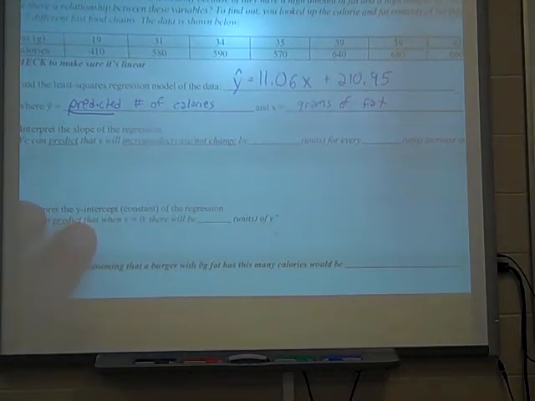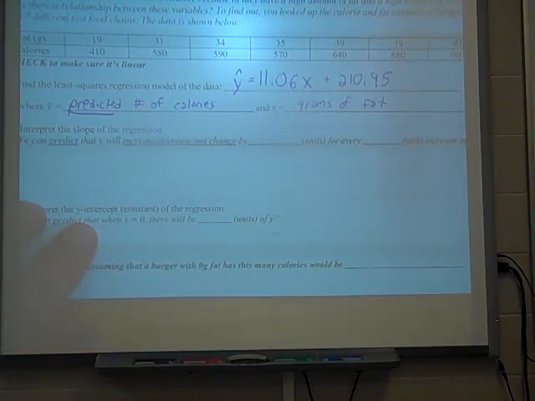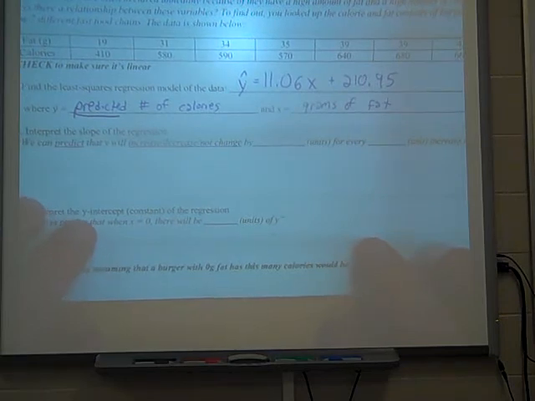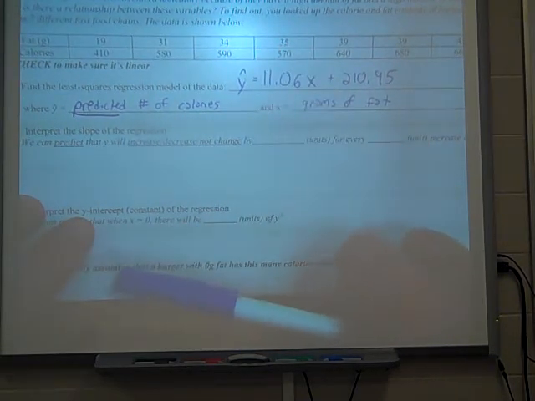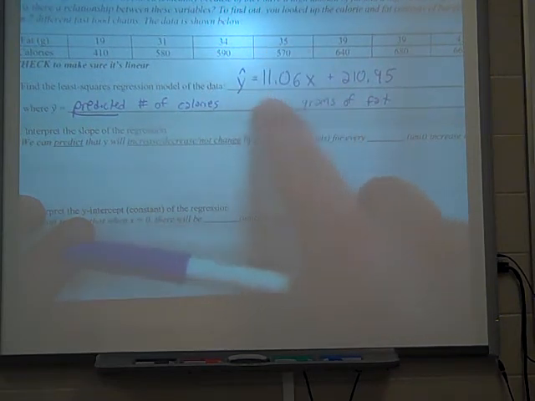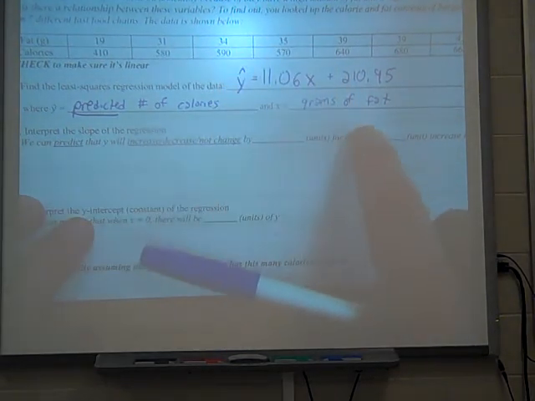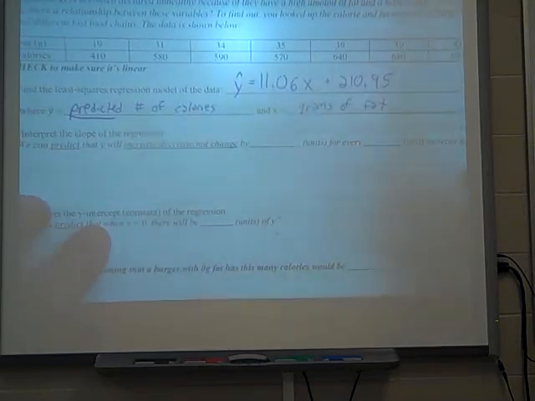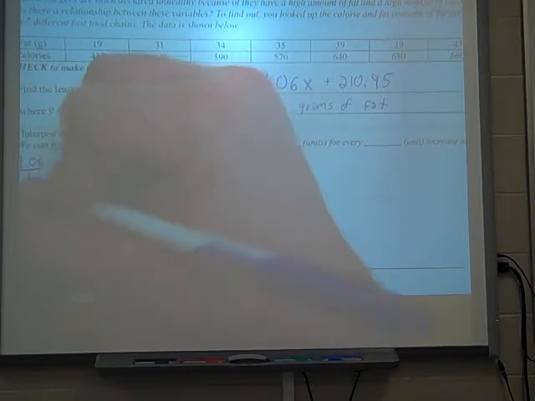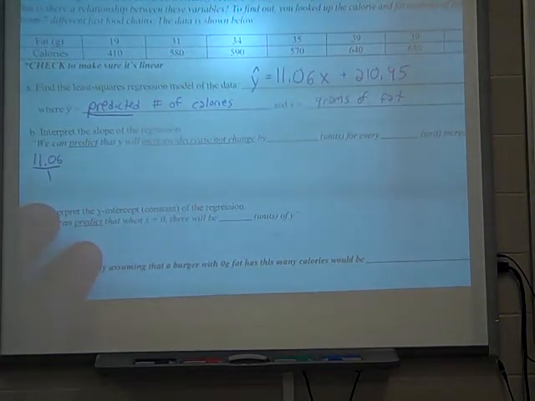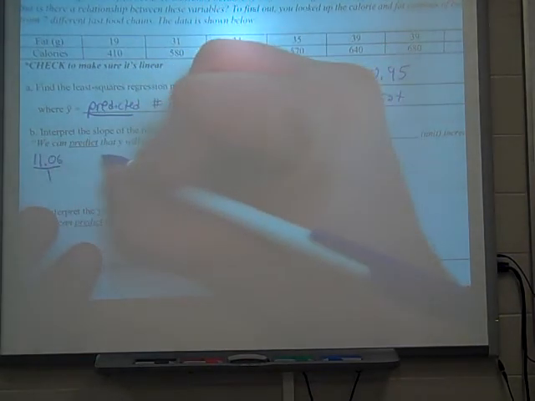So now interpreting the slope. Remember, slope's 11.06, right? So the format you will use is that we can predict that y will increase, or if it's negative, decrease, by this many units, 11.06, for every 1 unit increase in x, right? Because 11.06 is just 11.06 over 1. You don't have to write this, I'm just showing you, change of y over change of x. So, the interpretation is, we can predict